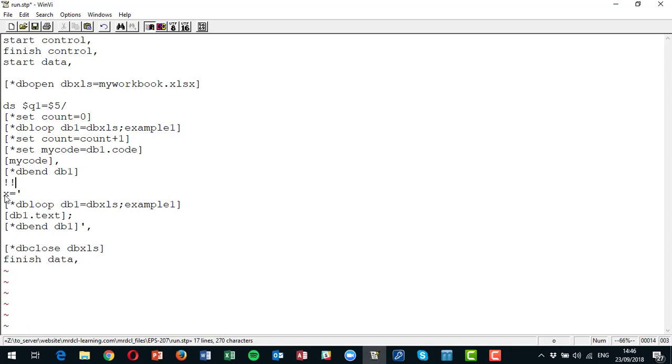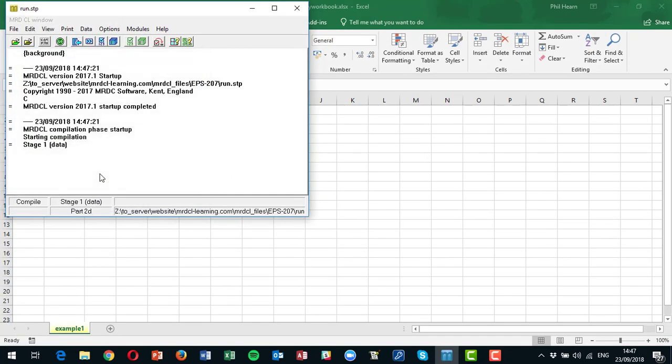Indeed, I can prove that. And this is something that I do for debug purposes sometimes. If I get an error that I can't spot, I can say there are count codes for this variable. What that will do is, as a comment, it will substitute in here, so it will still work within a comment, the number of codes that we've got. So if we just save that and compile it,